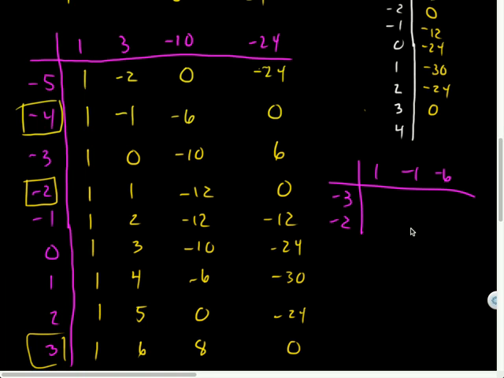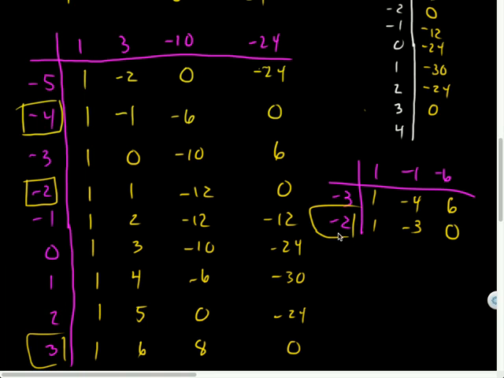Good. So let's see, bring down the 1, negative 3, that's negative 4. It'd be positive 12, and negative 6 is positive 6. So I'd say, oh, that's too high. And then I try negative 2. So bring down the 1, negative 2 is negative 3. Negative 2 times negative 3 is positive 6. With a negative 6 is 0. So notice